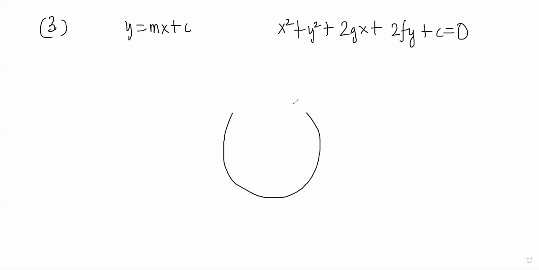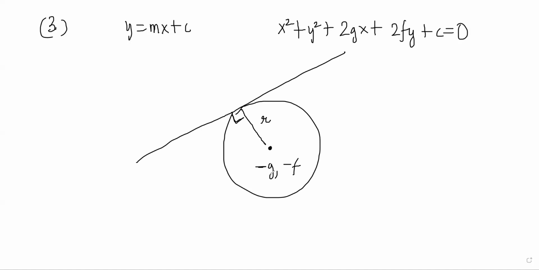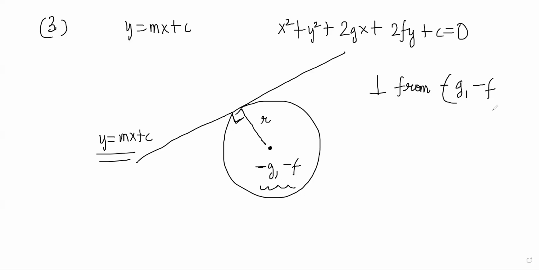Another way to think about it is a geometrical way. Suppose this is a line and this is supposed to be tangent, and the center of the circle is minus g, minus f, and the radius is known. We know that the perpendicular from minus g, minus f to the line y is equal to mx plus c must have length equal to radius, right? So perpendicular from minus g, minus f